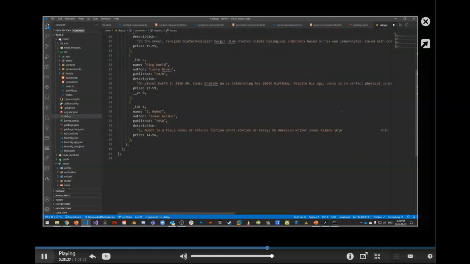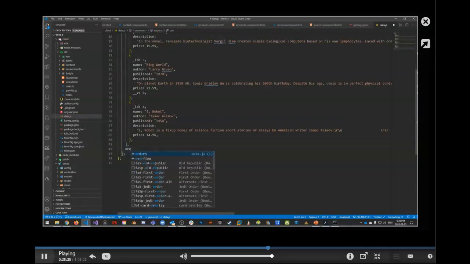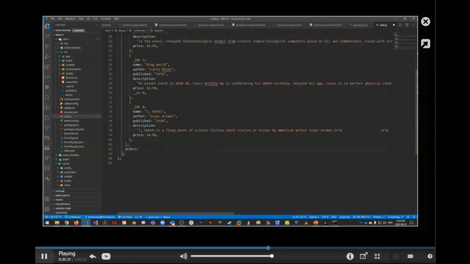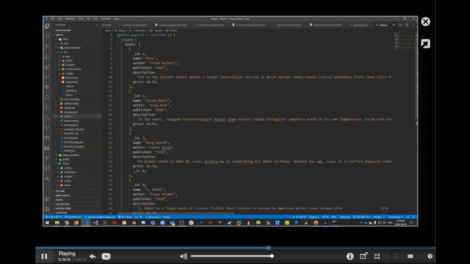Also, at the bottom, we want to start thinking about orders. So here we also want orders as something we want to be able to do. We can make an order of one of these pieces of data. So this is the first part. The first part is kind of mocking up our data. And then what we want to do next,